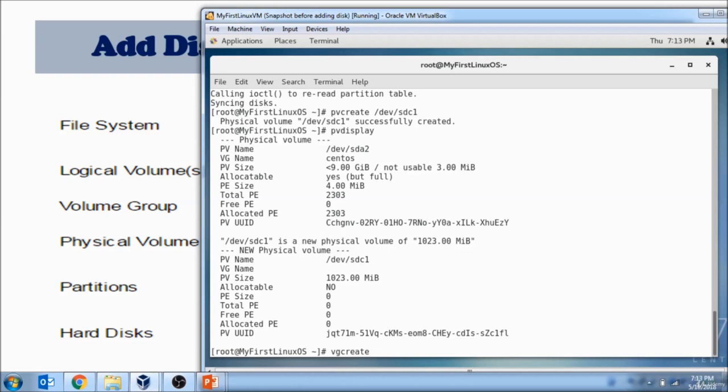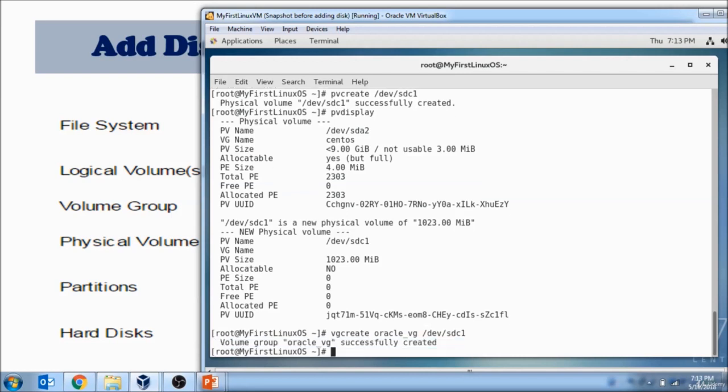So we're going to continue with our example. So we're going to use the example of Oracle. So we're going to pick Oracle underscore LV. You could pick any name, but I'm just being consistent. So LV stands for volume. I should pick VG, so volume group. So this will identify this group is for Oracle. And now we are assigning this volume to dev sdc1, right? So I want you to go ahead and hit enter, and it says volume group Oracle underscore VG